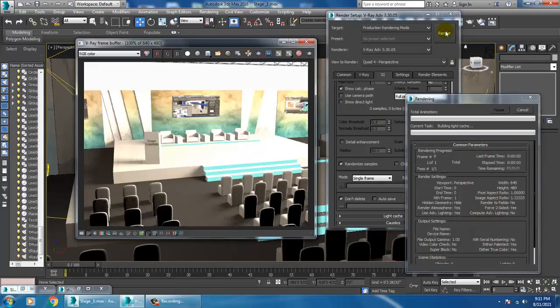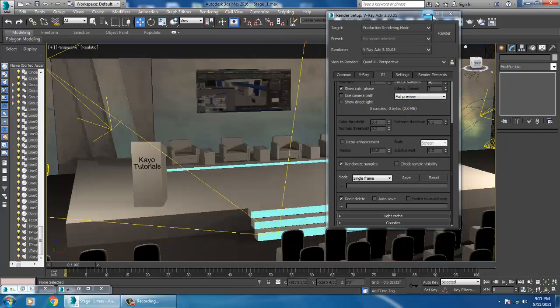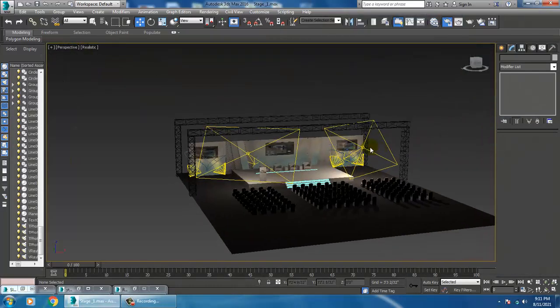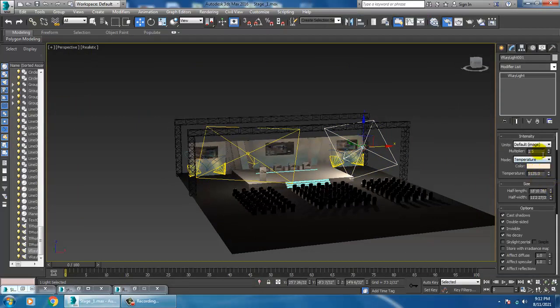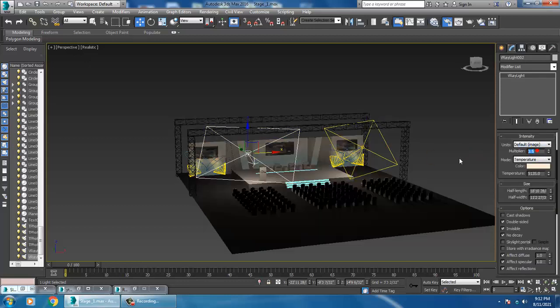Now let's render and see how it looks like. Okay, too much of it, so we'll go into this, 0.5, 0.2 over here.